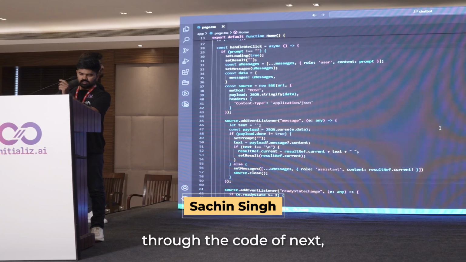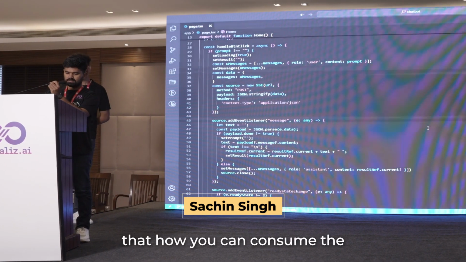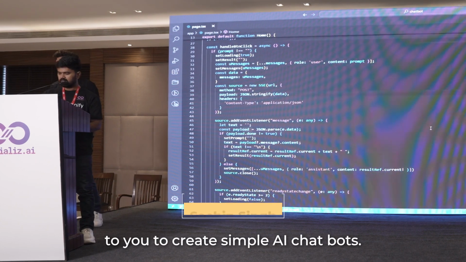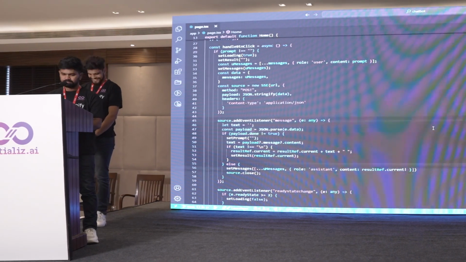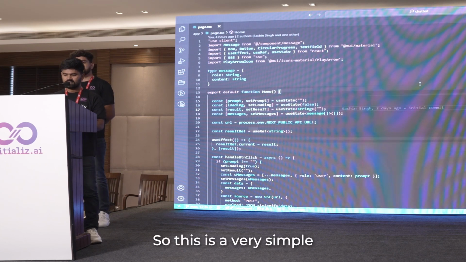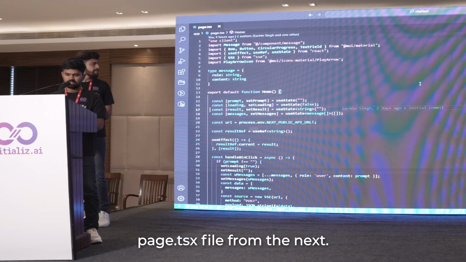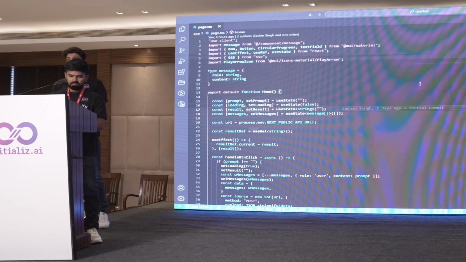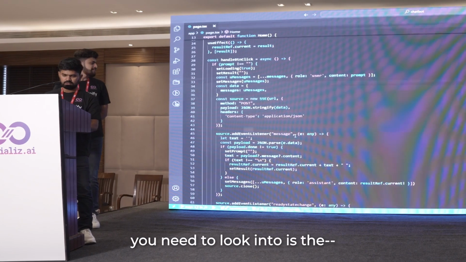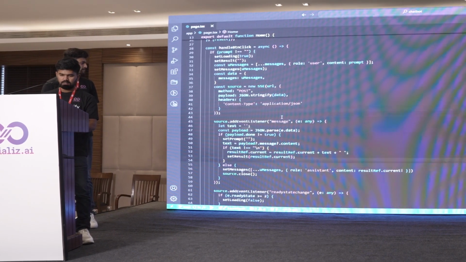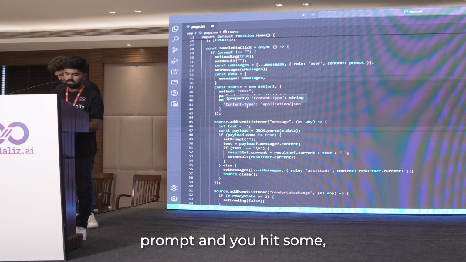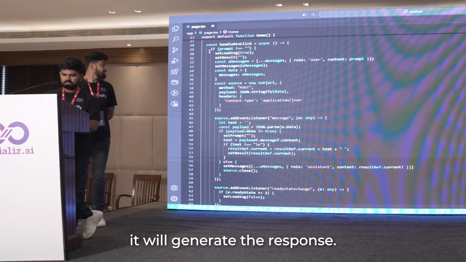So I'll walk you through the code of Next, showing how you can consume the API which Vaibhav just explained, to create simple AI chatbots. This is a very simple page.tsx file from Next. Here is some information about the states, but the main function you need to look into is handle button click. Once you type your prompt and hit submit to generate the response,